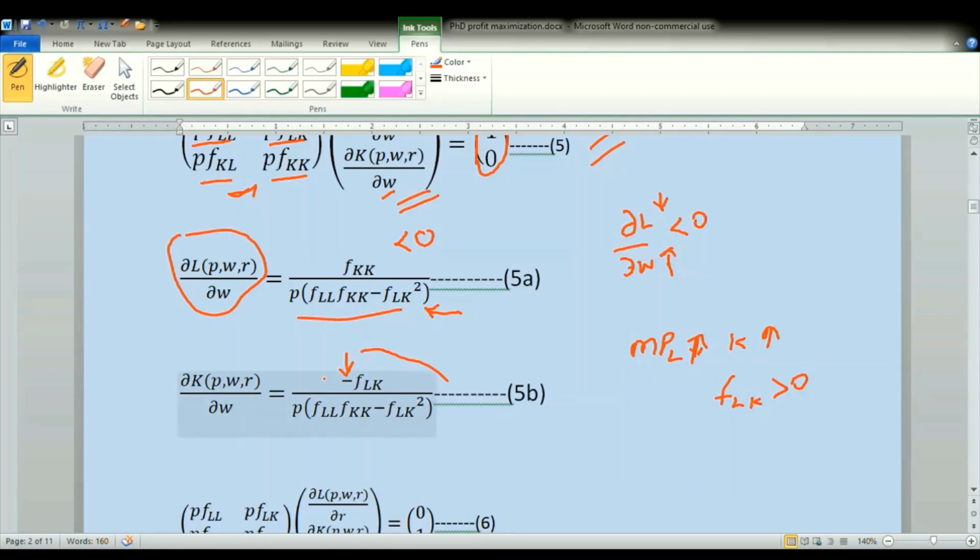If this had not been the case, if f of Lk had been less than 0, then this term would have been positive, numerator positive, and if that would be the case, then this means that with the increase in wage rate, employment of capital will be increasing, and that will suggest that labor and capital are